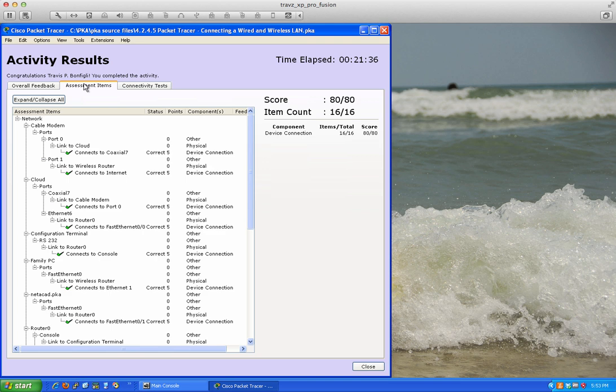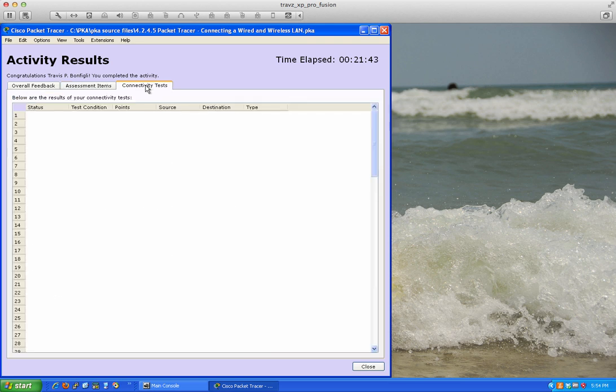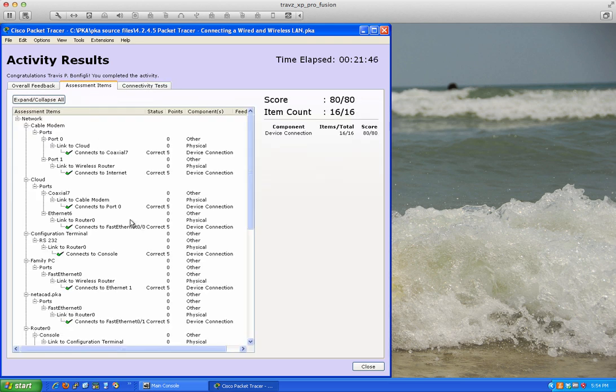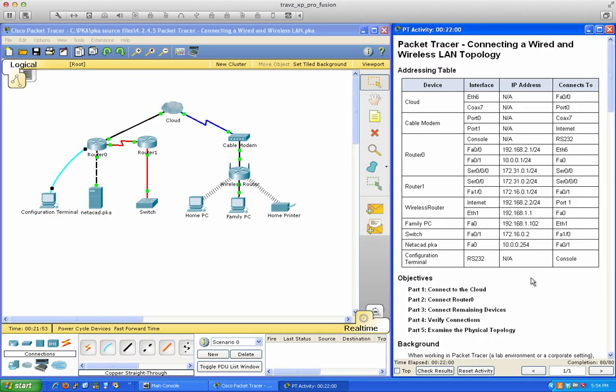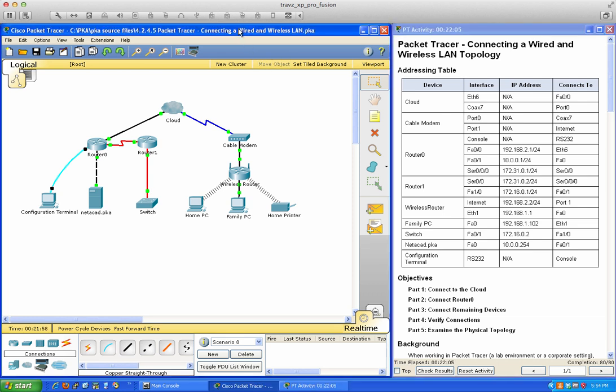We'll come over here. All right, so it's 80 out of 80, which is 100%. All 16 items have been completed. No information for the connectivity testing, and all green checks. All right. So you can see here, congratulations, the overall feedback: you've successfully completed the Packet Tracer, and that's where you want to make sure you get to when you're doing your Packet Tracer activity. So again, this is Packet Tracer 4.2.4.5 for the Spring 2014 Anne Arundel Community College